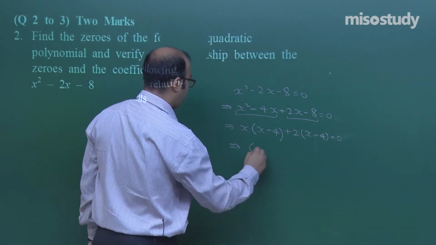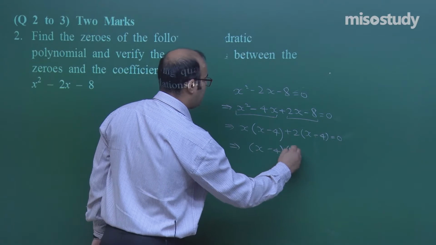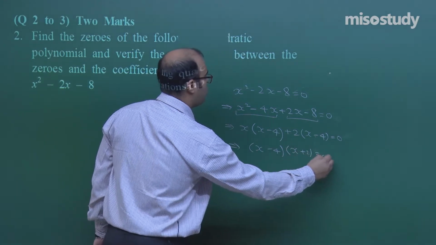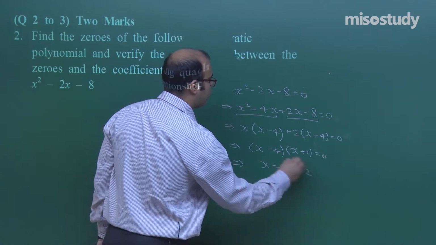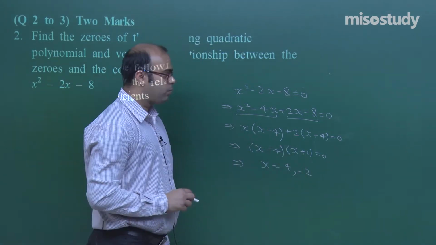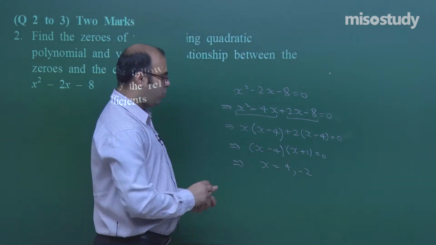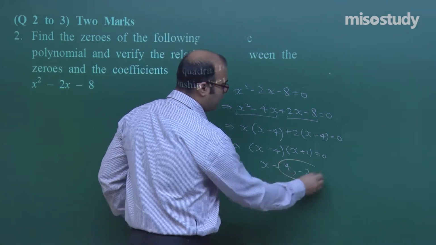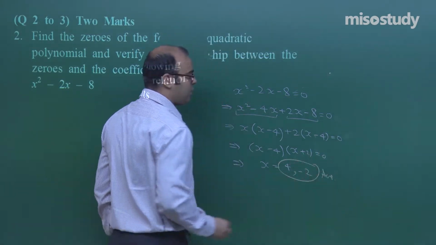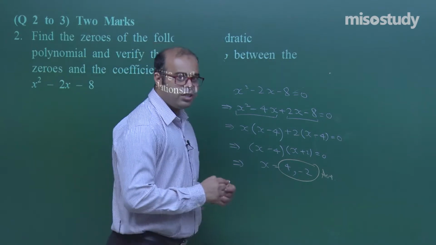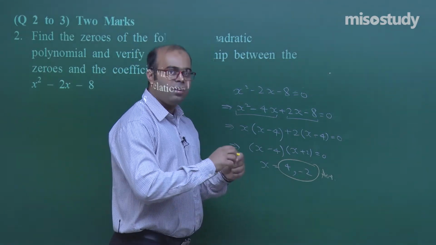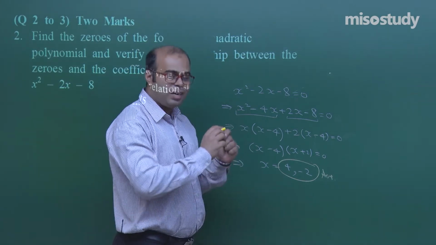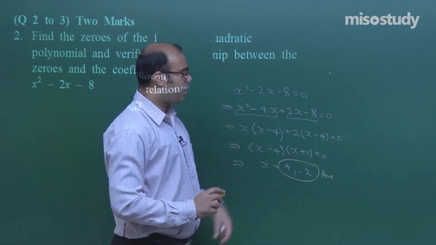Now, let us take x minus 4 as common. What we get is x plus 2. So, the zeros which we obtain are x is either 4 or minus 2, by equating this to 0 and this to 0. So, there are 2 zeros which we have found out. This is the first part of the answer. The second part of the answer says verify that the relation between the zeros and the coefficients is there or not. You have to verify that; it has to be there if we have done the correct calculation.